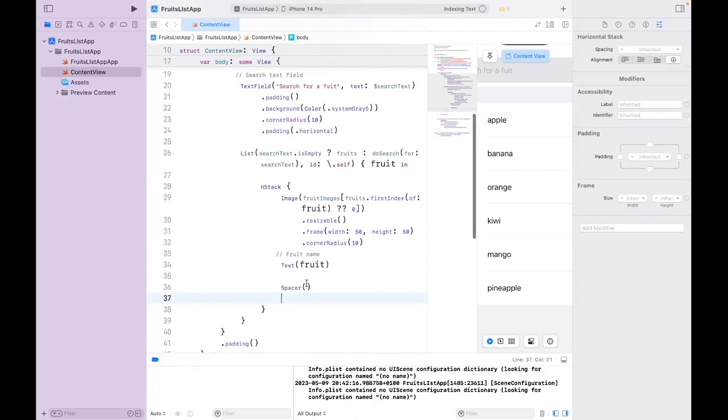And now type in, for comment, to do. Check mark. Check mark icon if the fruit is selected. If the fruit is selected,